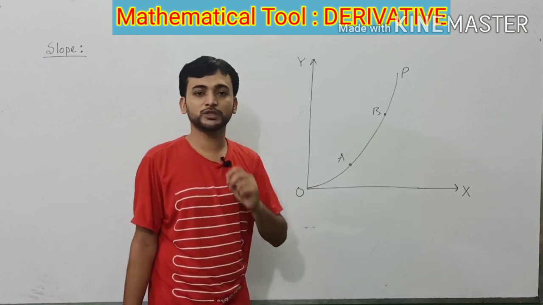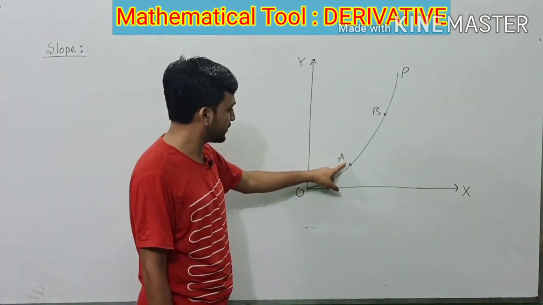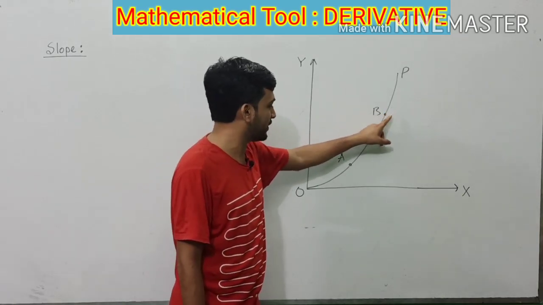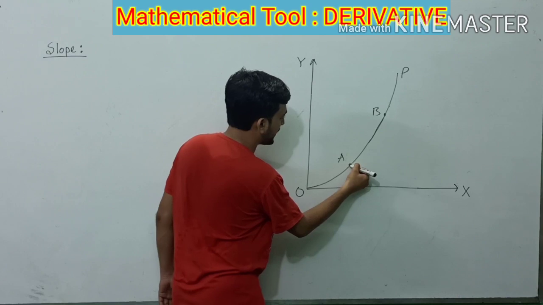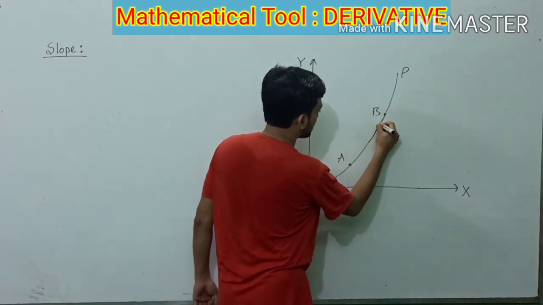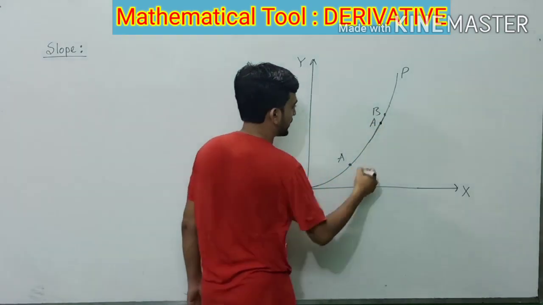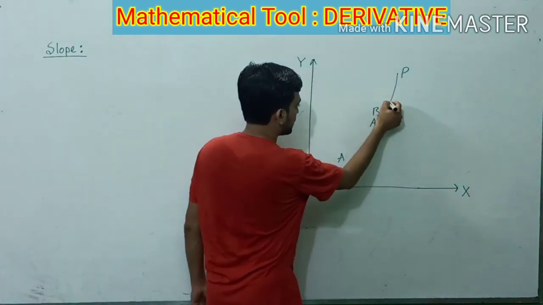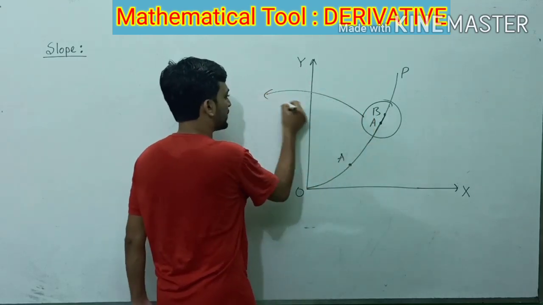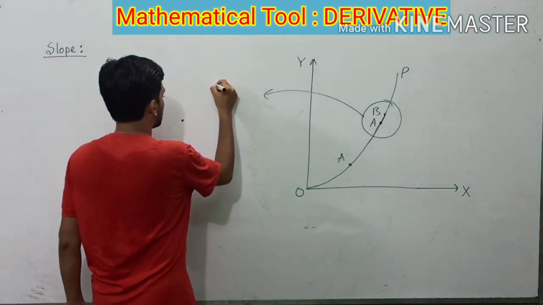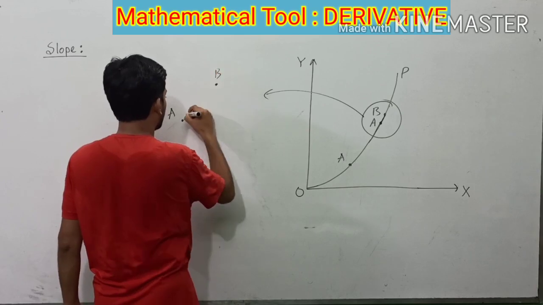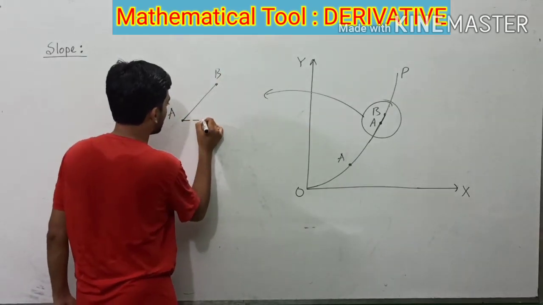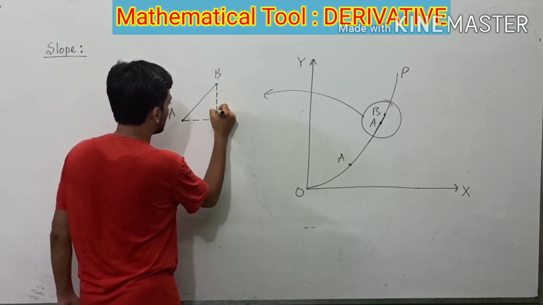There are two possible cases. We can shift the point A very close to B, or we can shift the point B very close to A. On shifting the point A very close to B, what can we consider? We can consider this portion of the curve as a straight line. We can magnify this portion here. Suppose these are 2 points A and B, and this portion becomes a straight line. Now we can consider one right angle triangle,